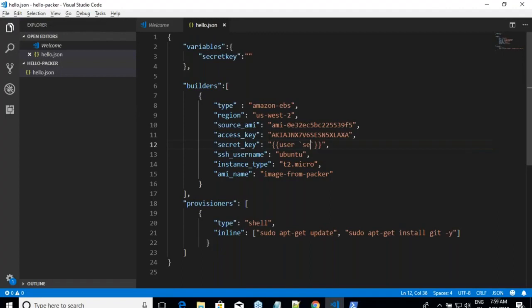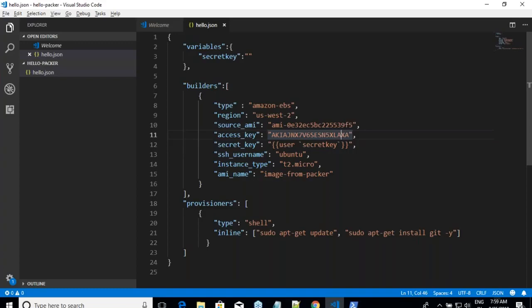How can I parameterize my file so that the user, while calling my file, will pass some information? The moment I do something like this, I can give this file to you so that whenever you are running this file, you will pass your secret key, you will pass your access key, you run this file, you get the image built in your account, not in my account. Similarly, I have written an image very specific to region. I'll put a variable for my region also. If you don't want to create it in Mumbai, if you don't want to create it in Oregon, you can create it in some other region. That's the whole point.